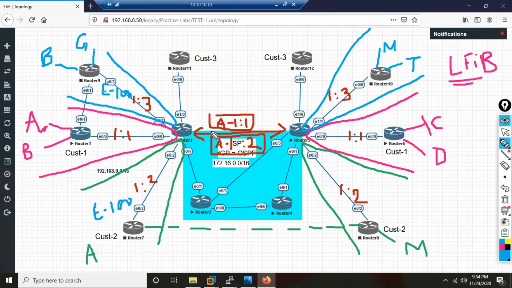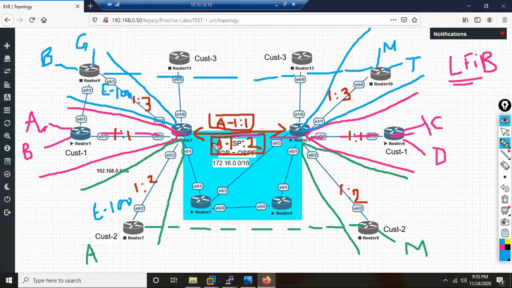So when you have it like this, what is ultimately happening? Does every customer's traffic flow uniquely? Is customer A's traffic, let's say customer 1's traffic, going across like this logically to their own VPN? Yes. Is customer B's traffic, let's say customer 3's traffic, going separately like this logically?